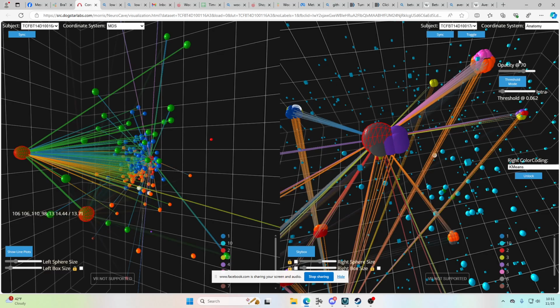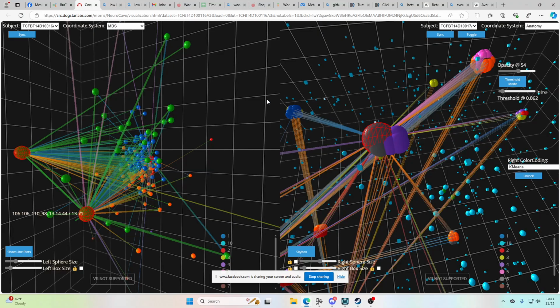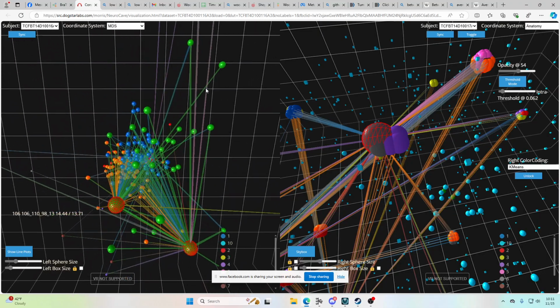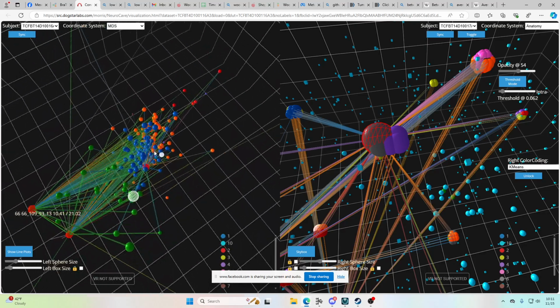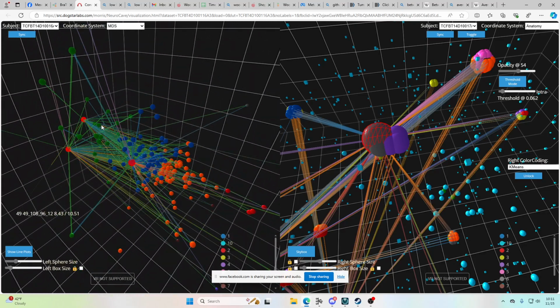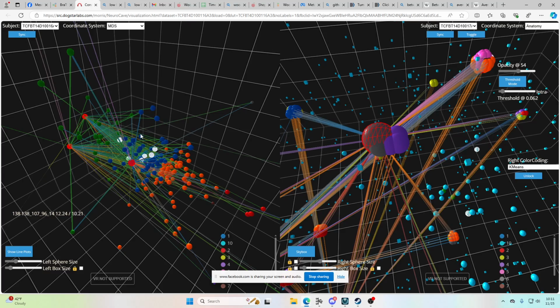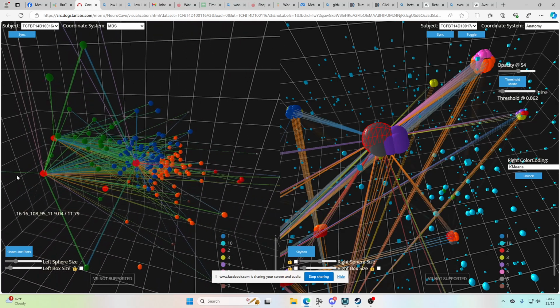You can explore some high centrality nodes and get an idea of which other regions they're more similar to in